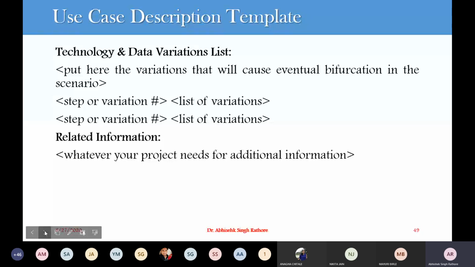As an example, in the case of a login system, we can add technology, like the password field. The password field should not show the characters; it must show stars.